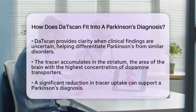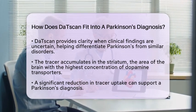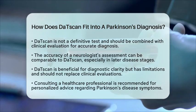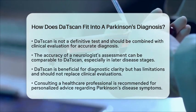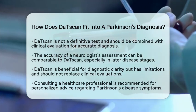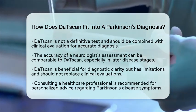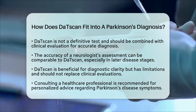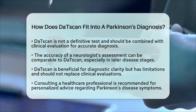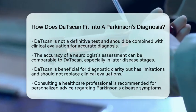However, it does have limitations. While it can support a diagnosis, it is not a replacement for a clinical evaluation. In fact, the accuracy of a neurologist's clinical assessment is often comparable to that of DaTscan imaging, especially in later stages of the disease. In summary, DaTscan is a valuable tool in the diagnostic process for Parkinson's disease, particularly when